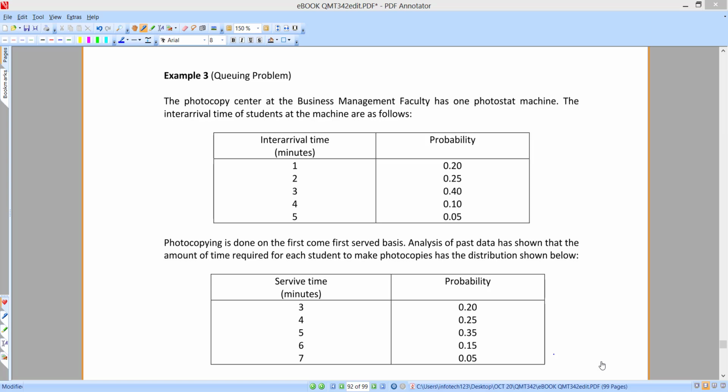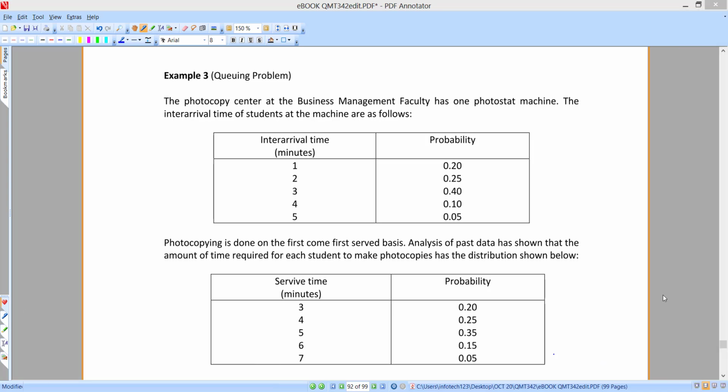Example 3, for queuing problem, we read the problem first. The photocopy center at the business management faculty has one photostat machine. The inter-arrival time of students at the machine are as follows. Photocopying is done on a first come first served basis. Analysis of past data has shown that the amount of time required for each student to make photocopies has the